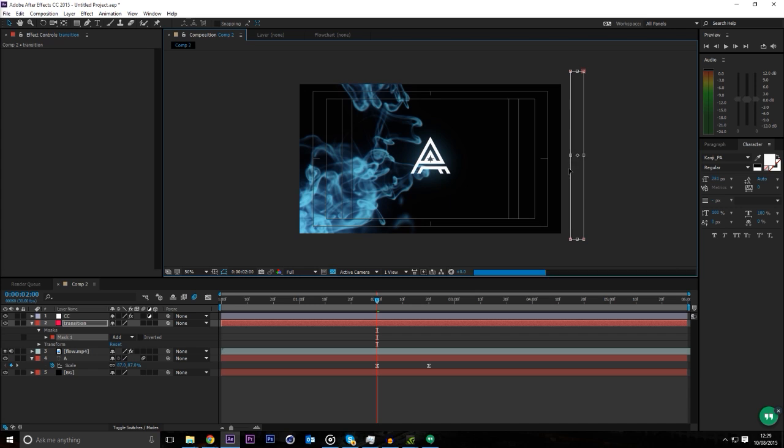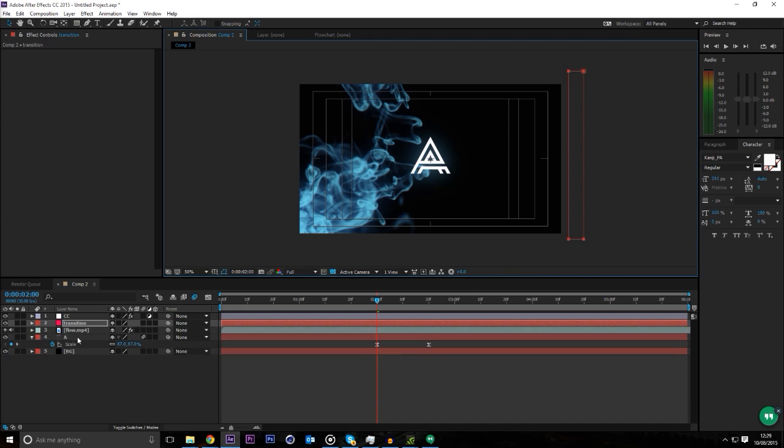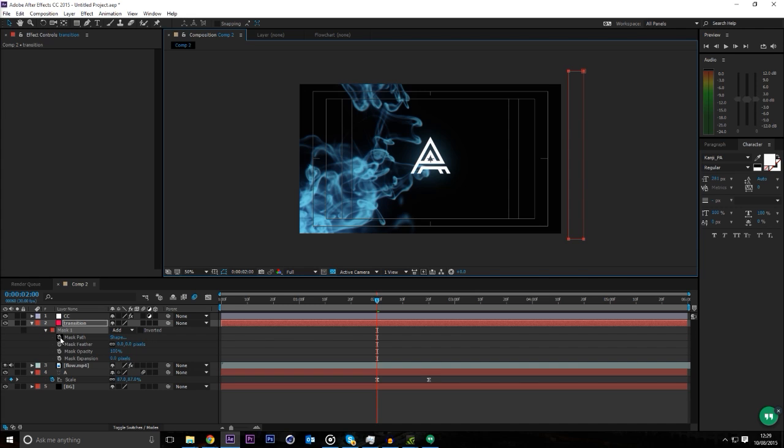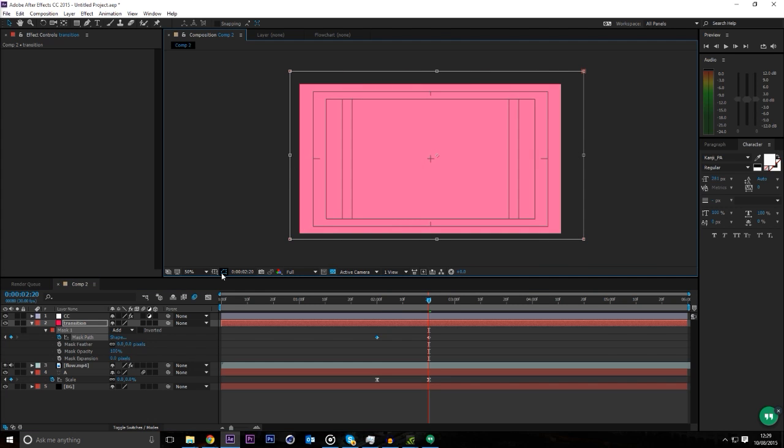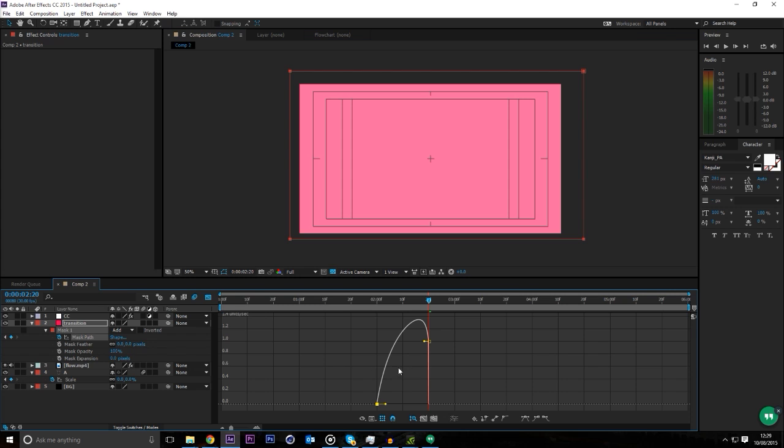Going to drag this all the way back. And then we can click MM. No, not that. To open up the mask properties. I'm going to go all the way to when this is scaled down, double click on this, drag this out. By the way, if you don't have these options, it's here, it's called the toggle mask visibility. And then what we're going to do is again F9, and we are going to go ahead and